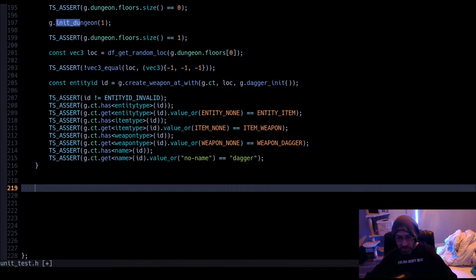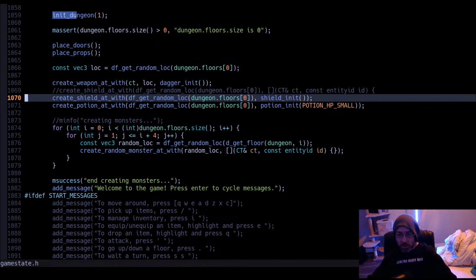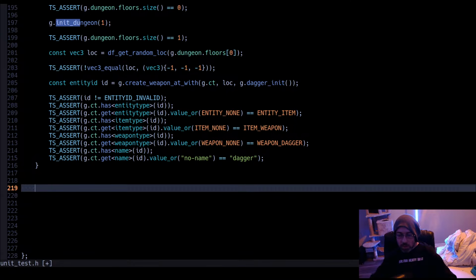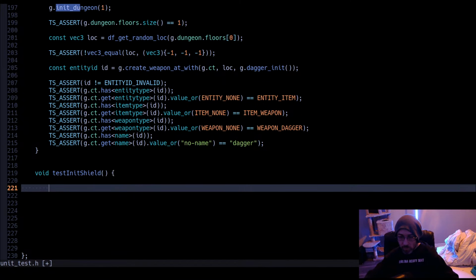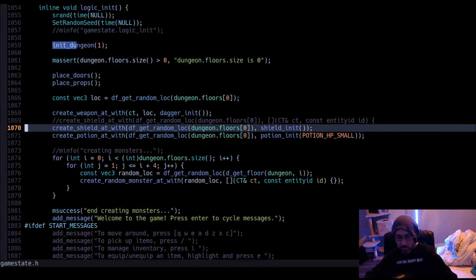So how does writing a test work? All right, so void test init shield. First, we create a new instance of the game state.